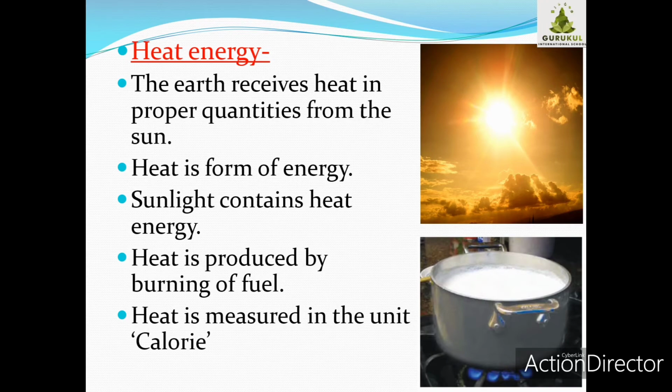Now children, we use various units for measuring different things. So heat can be measured in the unit which is called a calorie. So calorie is the unit for measuring heat. Now children, here you can see